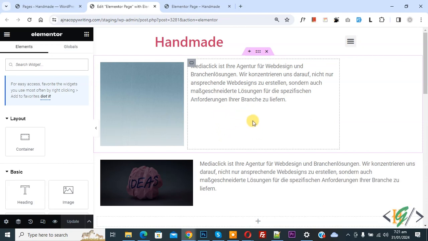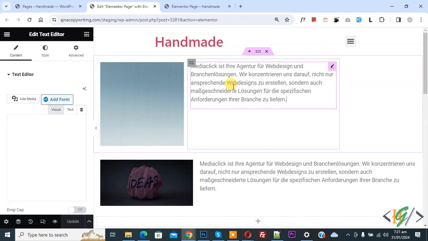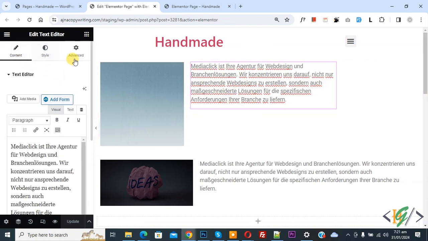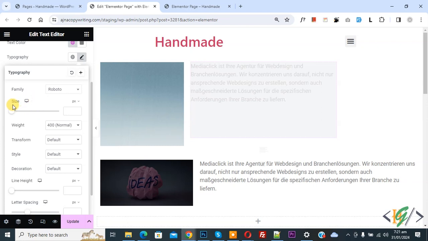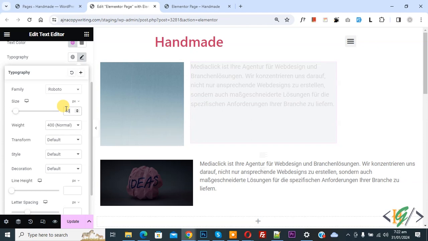So we are in the Elementor page. We are going to add a custom font unit or measurement. Now you see the text, so click on it. On the left side you see Content, Style, Advanced. Then you see Style, so click on it, and then you see Typography. Click on edit, and then you see font family, size. Now you see font size, so you can set it according to your requirement, and then you see